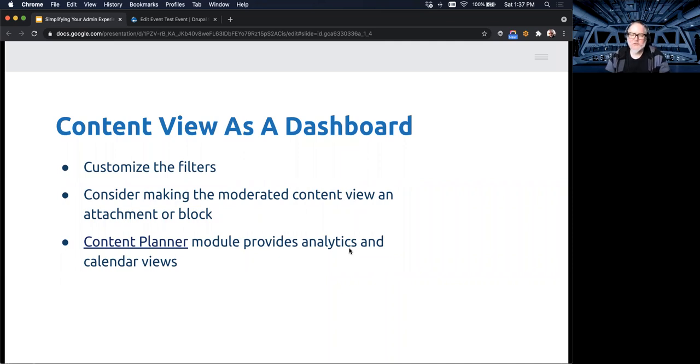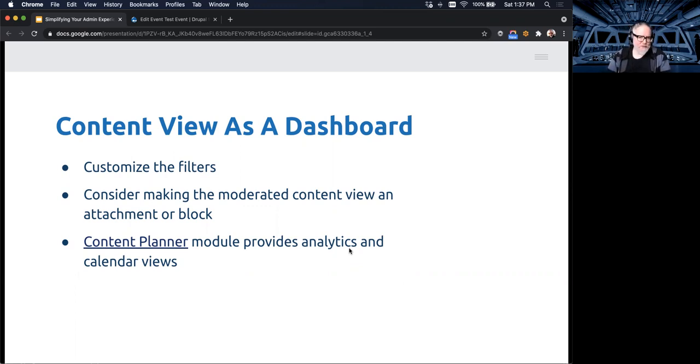As a list, it's useful, but you could easily spend a few minutes and customize the filters that are exposed there. In the default install that I have, it is using, let's say, language as a filter. But if your site really only has English content, then it might be more useful to allow filtering based on the author of the content. Or if you've got subtypes like event type, or some of those other things, then customizing that to exactly your use case can be, as I say, a quick fix and a way to really increase the usability